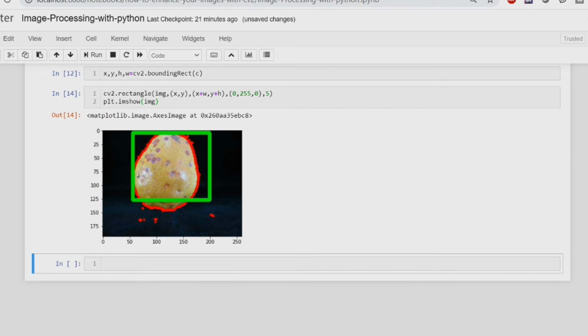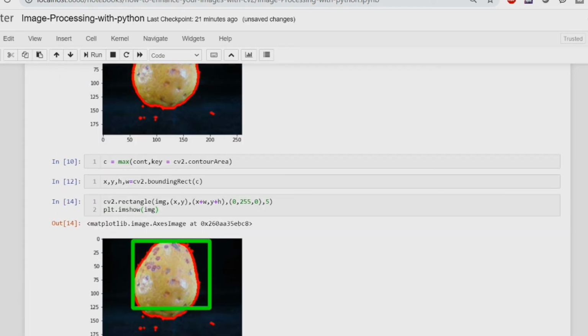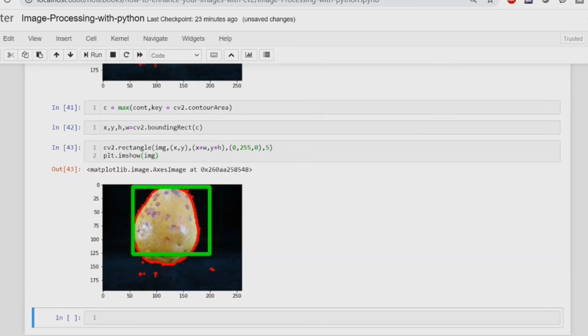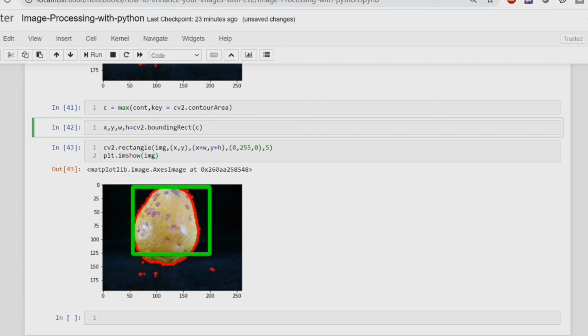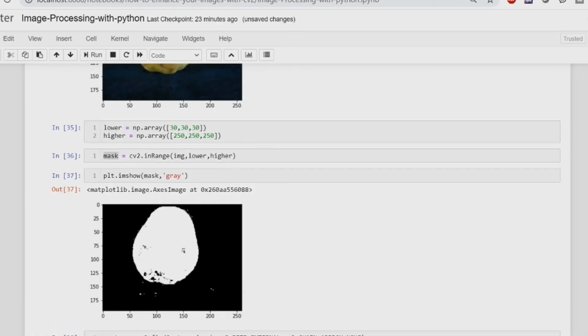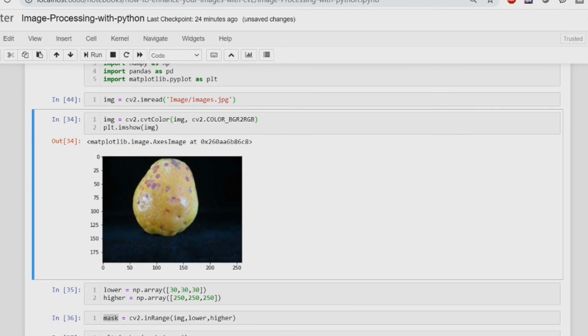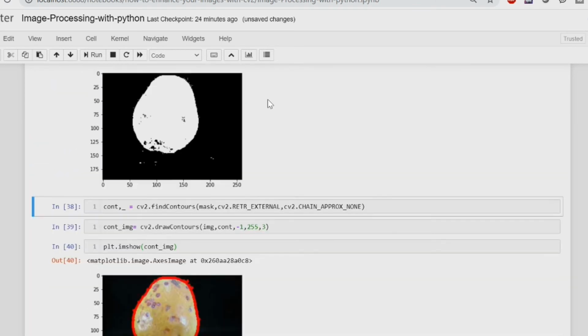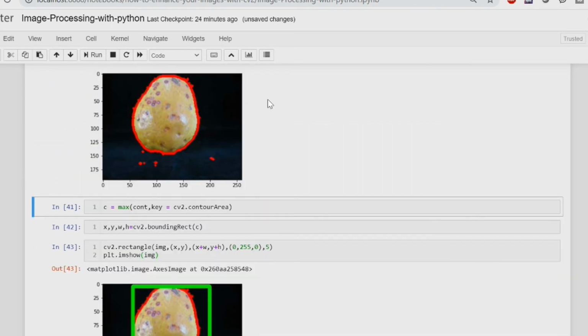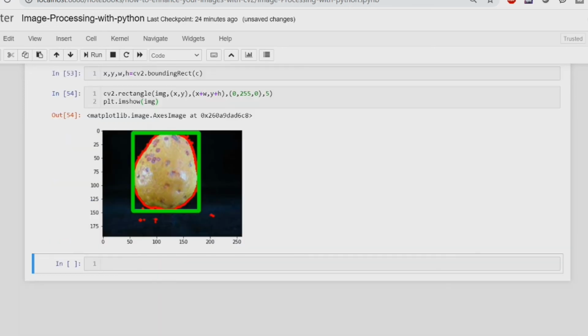So here you can see we are getting a bounding box, but if you see this bounding box pretty carefully, we are getting some part of the image which is outside this bounding box. This has happened because we have taken a wrong argument over here. Actually this returns width and height. So we'll change this. But after changing it, make sure you are running it from the start because some of the properties of the image have been changed. So we are running it from the start. Now you can see you are getting a proper bounding box on top of your image.